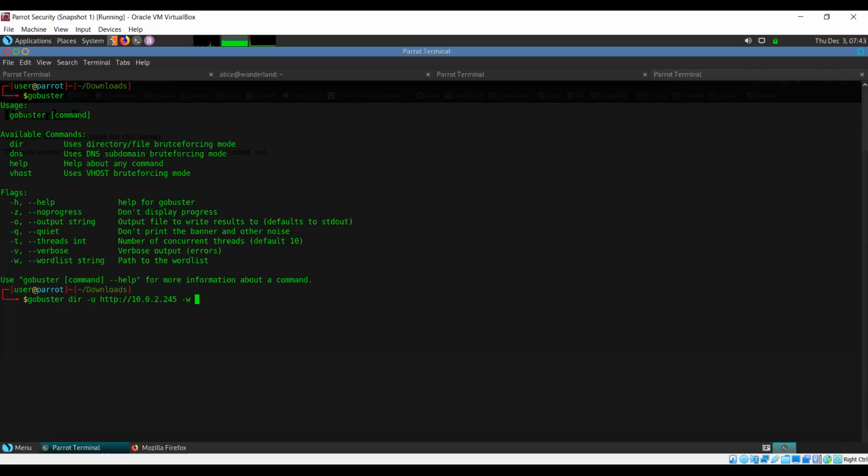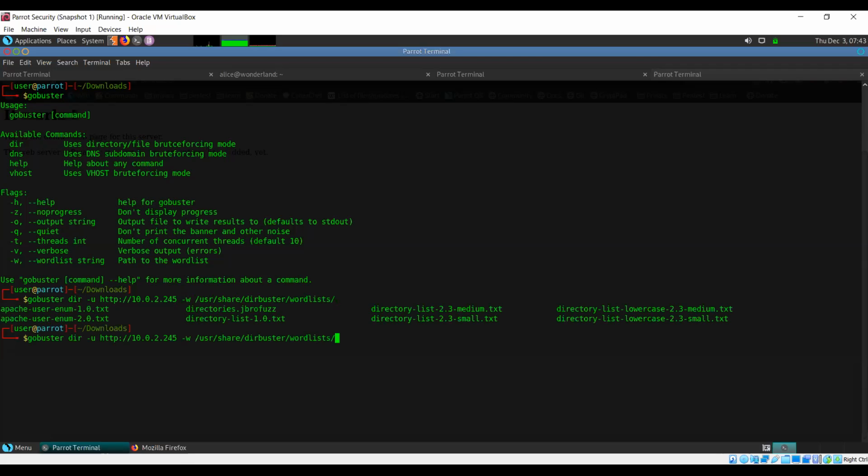There are a lot of word lists that you could use, but a very good word list is present with DirBuster. So you go to usr, share, dirbuster, wordlists, and okay, it has these directory lists 2.3 small and medium. Both of them are quite good.